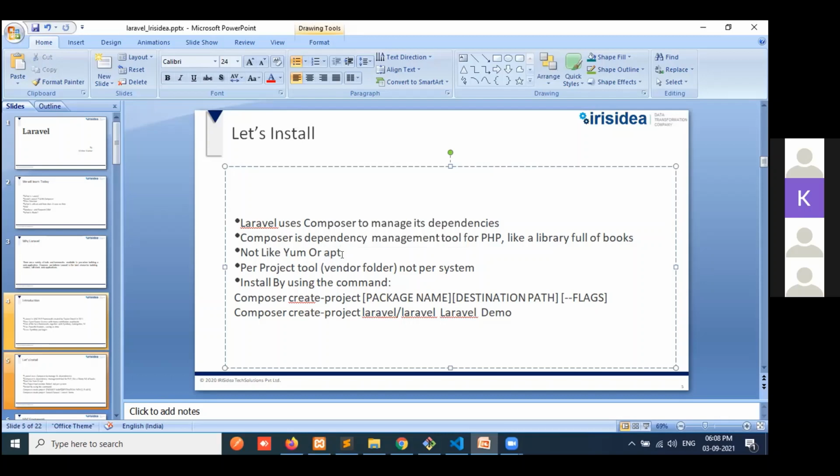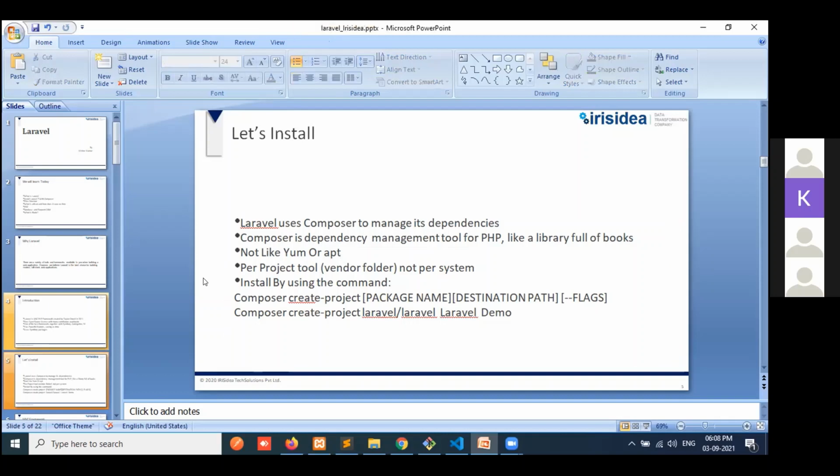For example, sudo apt update will update all the packages on the system. If you are using Ubuntu, you know sudo apt update. It will update all the current package versions, right? Okay. So Composer is only provided per project.